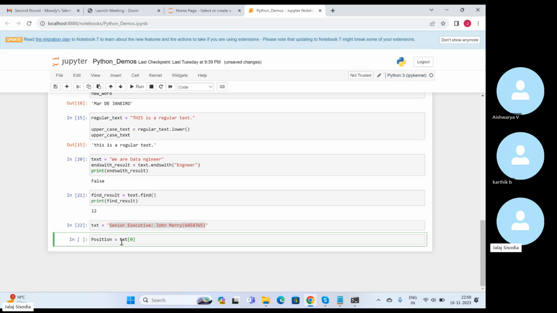Okay, then I'll say colon. Then I say text dot find. I am not sure about the ending limit, where it's exactly going to end, because manager will have different length, executive will have different length, developer will have different length. I am not sure about the ending limit, but I know it's always going to end with a colon. So if I try to find the colon,